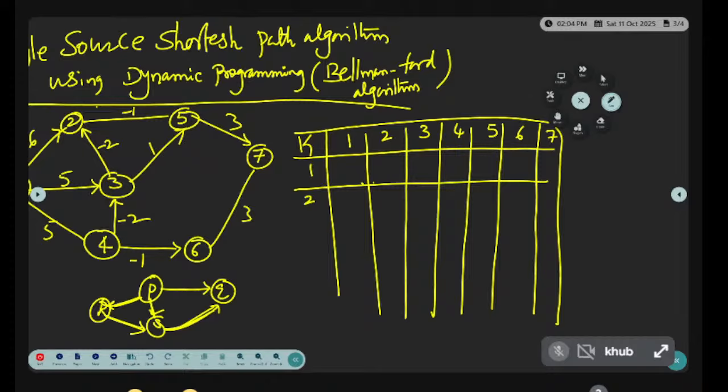One step means via one node. 2 edges means we have to visit 2 stations. 3 nodes means 1 to 2, 2 to 3, then 3 to destination, so we have to visit 2 stations. If we visit 4 stations, we go in 4 steps. Then update the cost. Initially with one